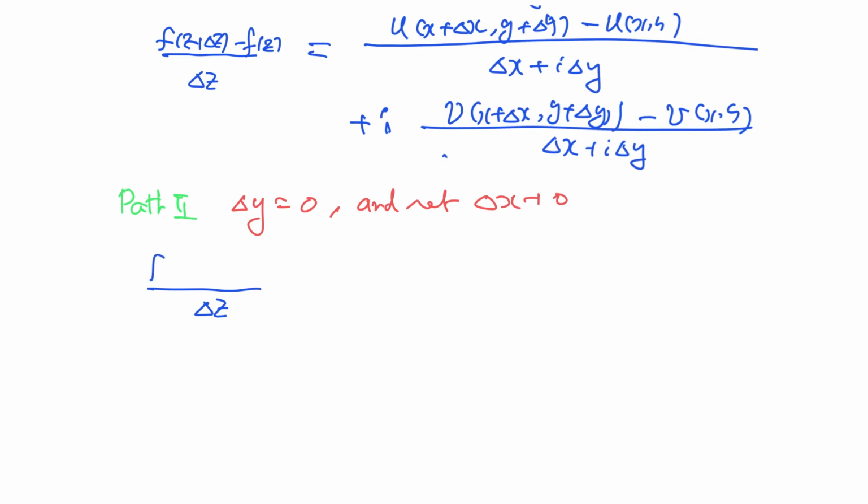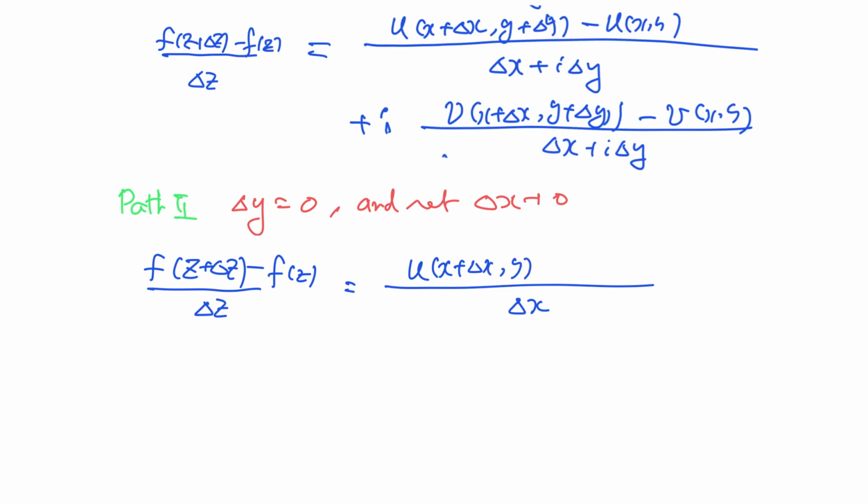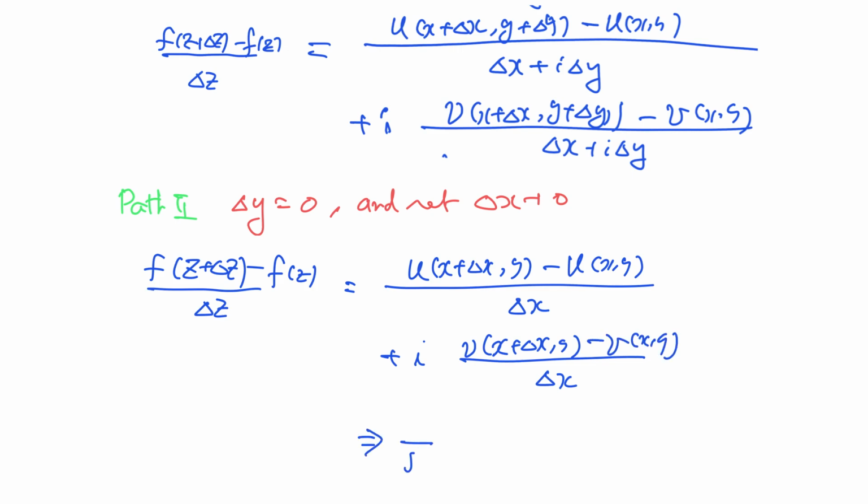Delta z over f, that is f(z + delta z) minus f(z), is delta x u_x plus delta x v_y minus u_xy plus i delta x v_x plus delta x v_y minus v_xy, which is partial u partial x plus i partial v partial x. And these two results should be the same, right? If the derivative is supposed to be unique, then